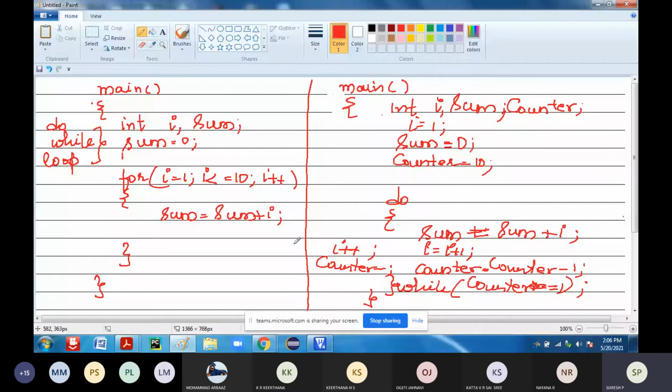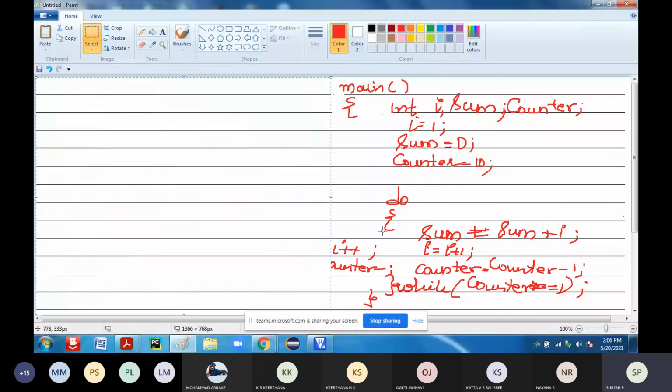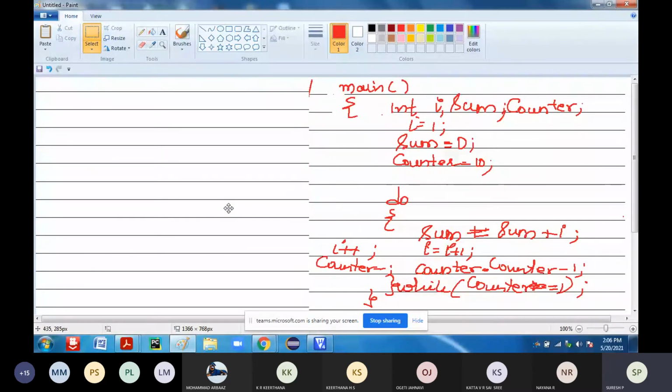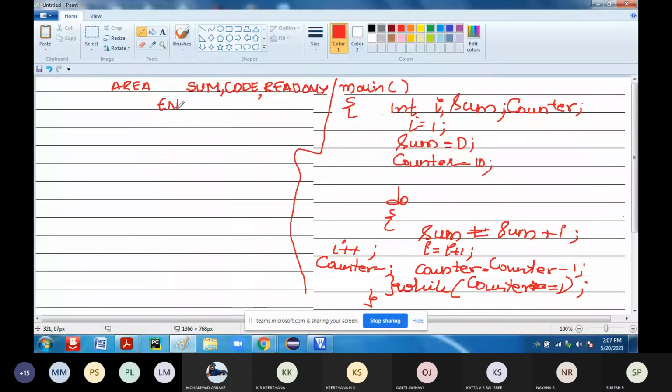So when you are writing the assembly code, see here. Wherever main is coming here, instead of main, I have to start writing the program. So for that, you give space, write AREA. The name is nothing but sum. You're writing the code, so that is CODE, and then READONLY, the read only memory that I am going to write. Next, your entry point is ENTRY.